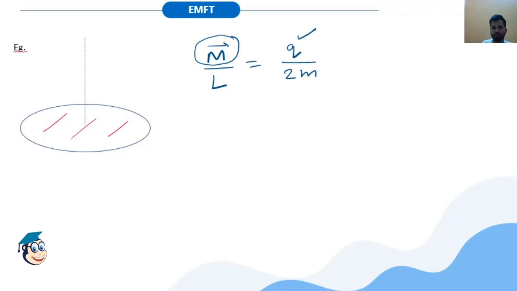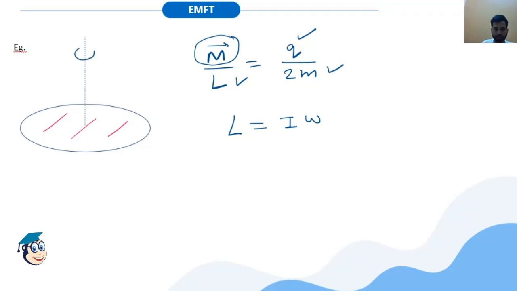The trick is to use the gyromagnetic ratio formula, which says the ratio of magnetic moment to angular momentum is equal to the charge of that body divided by 2 times the mass of that body. You just have to use this simple relation and you will calculate the magnetic moment M, also known as the magnetic dipole moment. For that you need to know Q, M, and L. L is the angular momentum, given by I times omega, where I is the moment of inertia and omega is the angular velocity of that body.